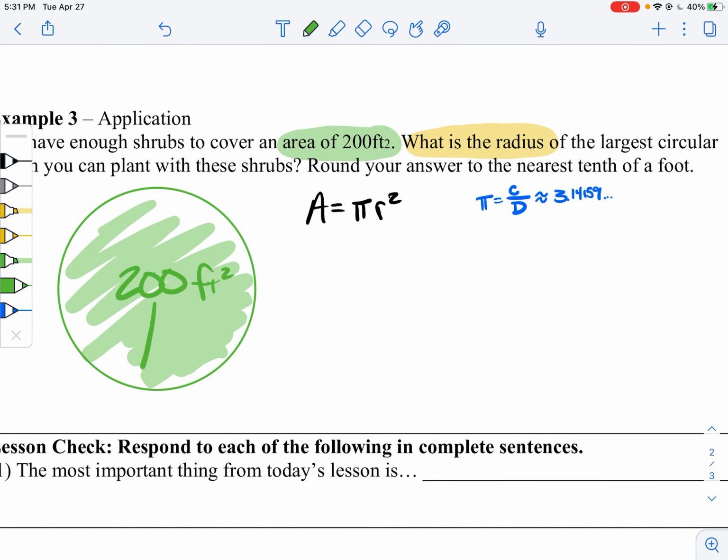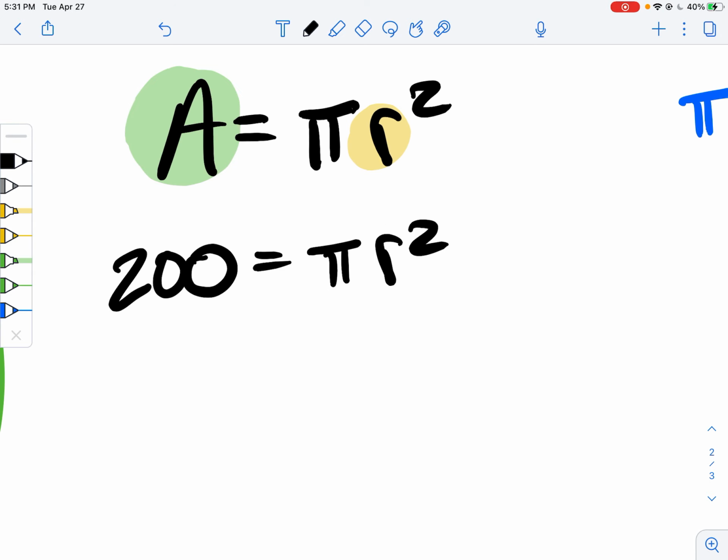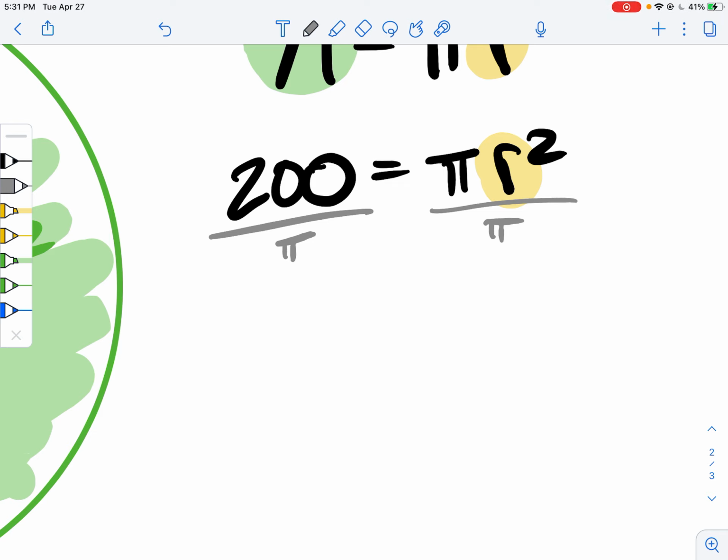So we need to figure out what is the radius of the circle. Well, I don't know the radius, but I do know the area. I know the area is 200. So 200 is equal to pi times the radius squared. Okay, cool. So we're trying to get the radius. To solve this equation, let's divide by pi, which on a calculator might have a pi button, or you can just go with 3.14. And 200 divided by 3.14 is about